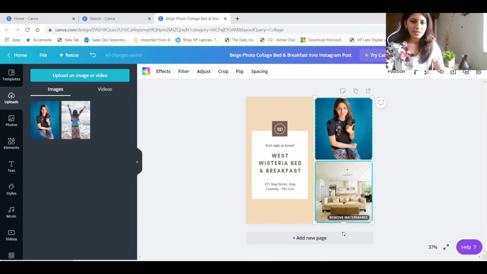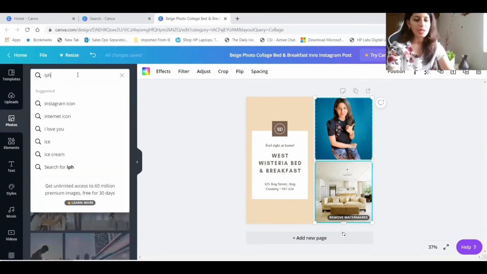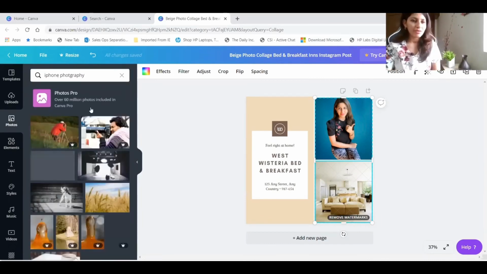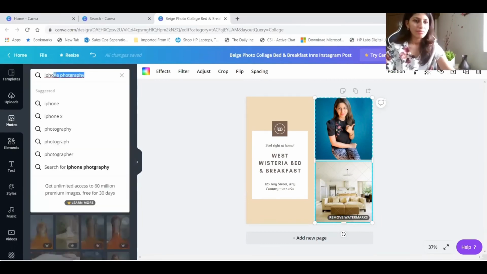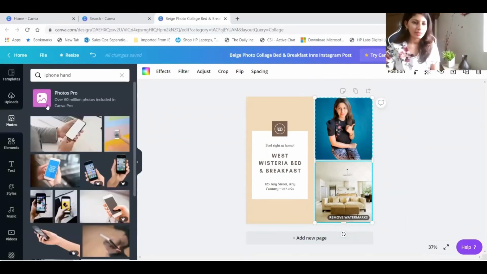Okay, and here select this section and go to photos, and considering that I'm doing an iPhone photography session, let me write iPhone photography, or maybe iPhone in hand.